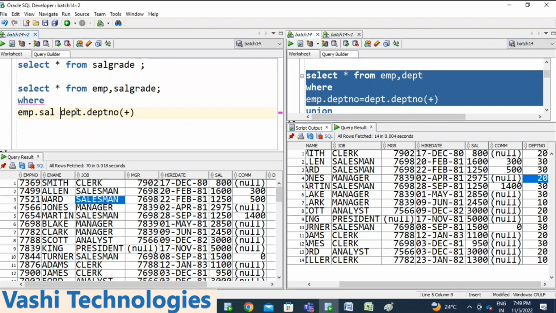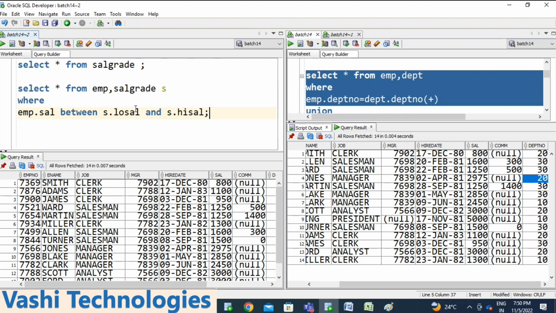Now I'm mentioning between. I'm mentioning the reference of sal grade as S instead of writing sal grade as a full table. I'm mentioning it simply as S dot low sal and S dot high sal.